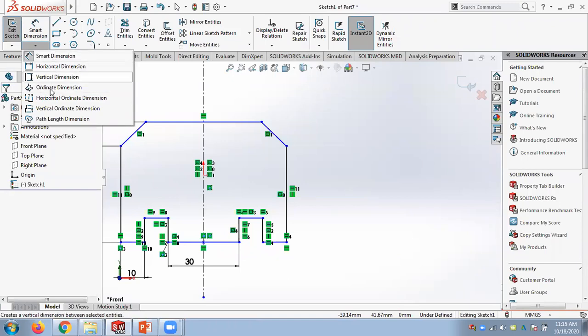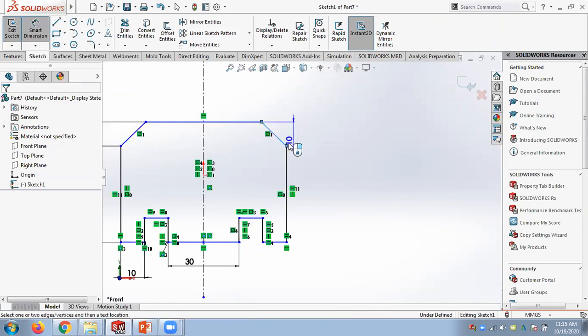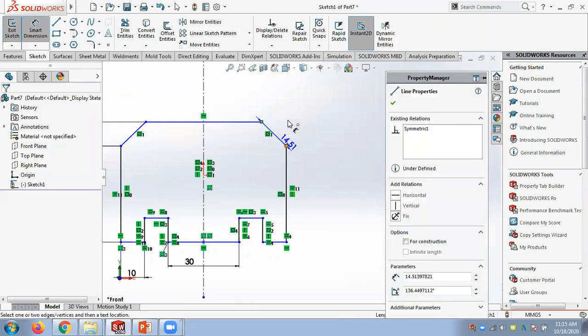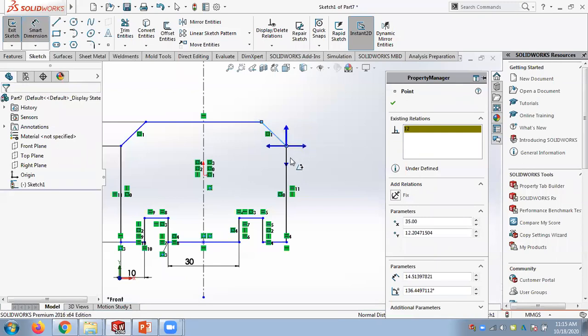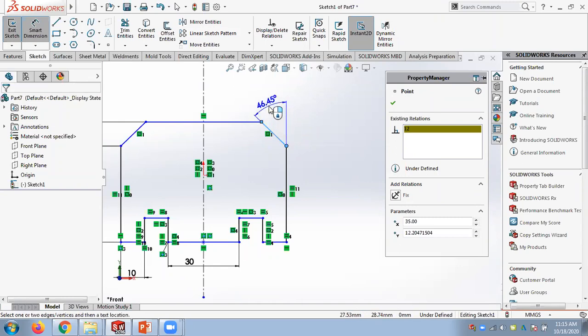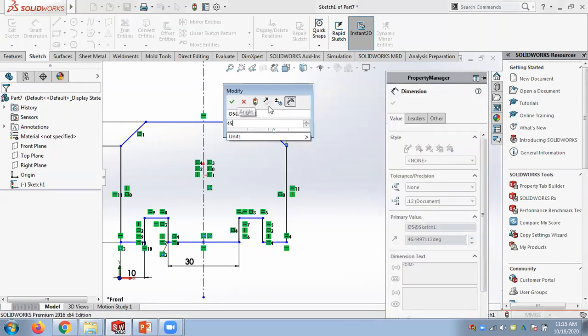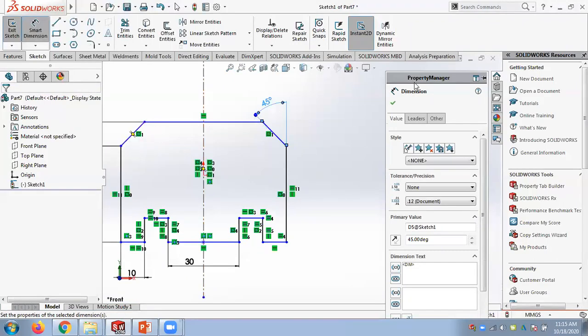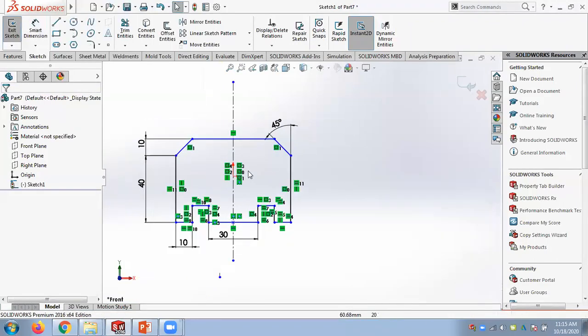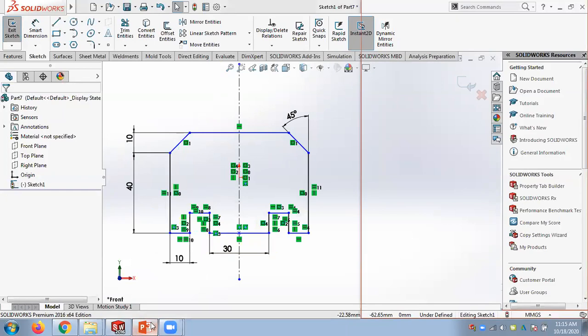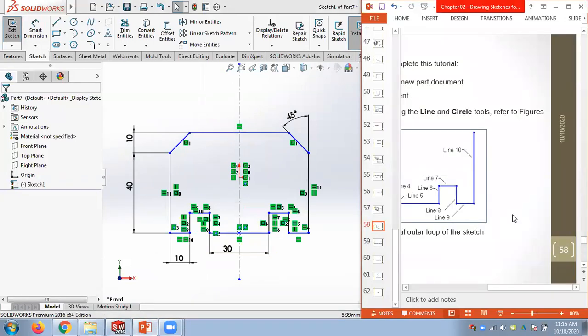There's no way of applying an angle dimension, so we have to use the smart way, select this line, select this point, and get the required quadrant. This is the quadrant I want. This is 45. Nicely, it's adjusting both sides. So this is how we give the angle. Still, this is underdefined. Blue lines are there.